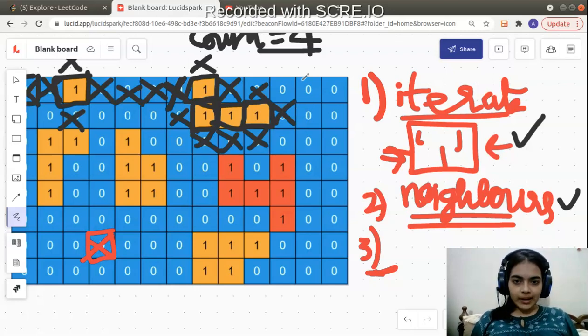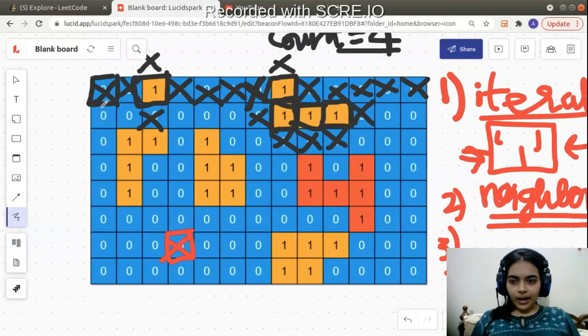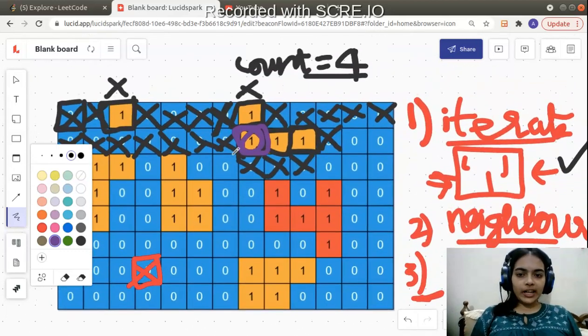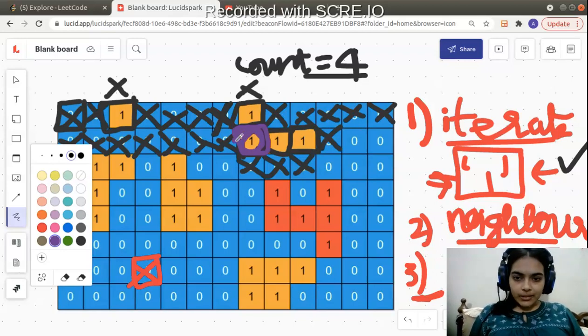All these cells have been traversed. We'll go to this cell, this cell, this cell. So we'll just start iterating over all the cells. Now once you keep doing this, you will reach this particular cell again. This is where we have to take note. This particular cell which I'm marking in violet, you will reach it again because you're iterating over all cells from the beginning, right? So you will reach this particular cell again, and what happens now?